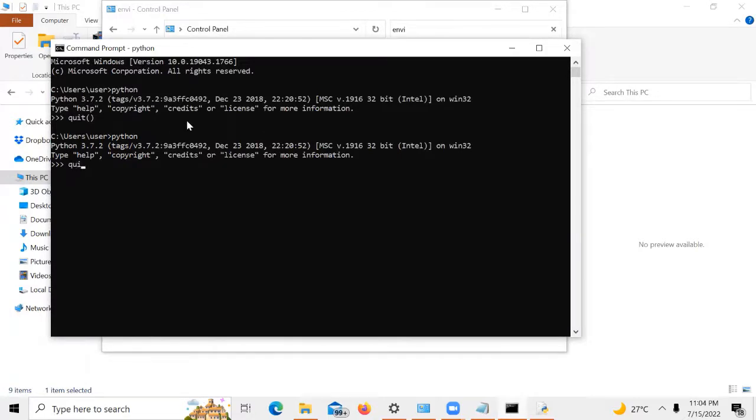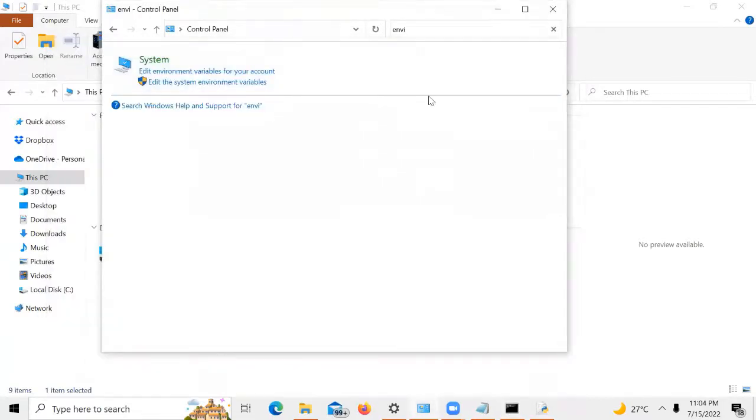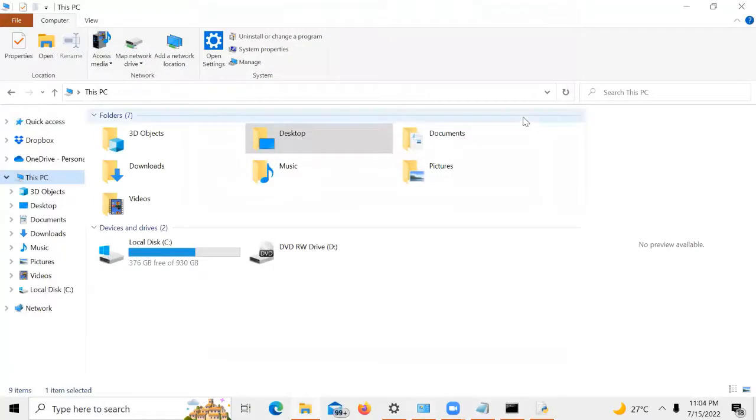Okay, so let's get started in writing Flask code. Before we proceed,